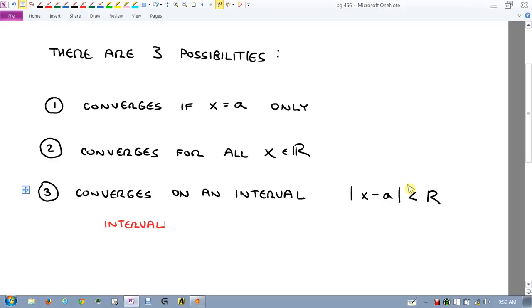This represents an interval. That's what I started this with. Remember, what does the absolute value of x less than 2 mean? It means it's an interval, right? An interval on the number line. It converges on some interval. That interval may be